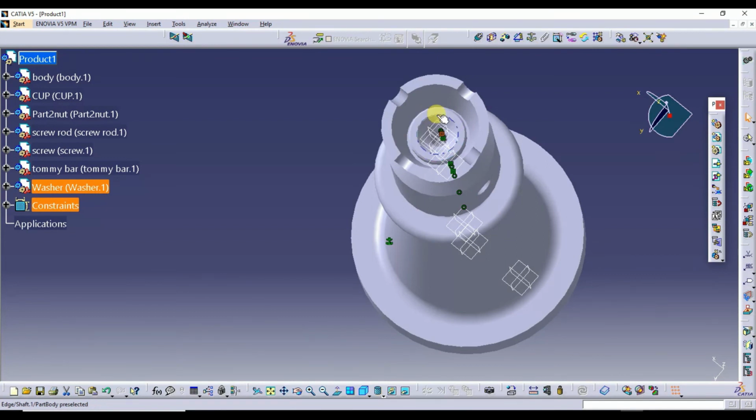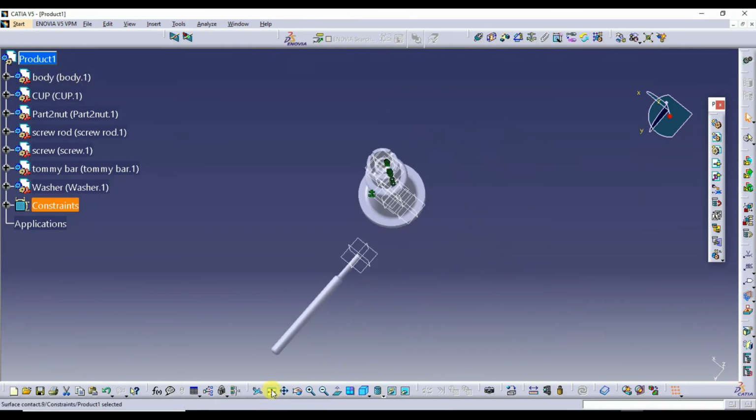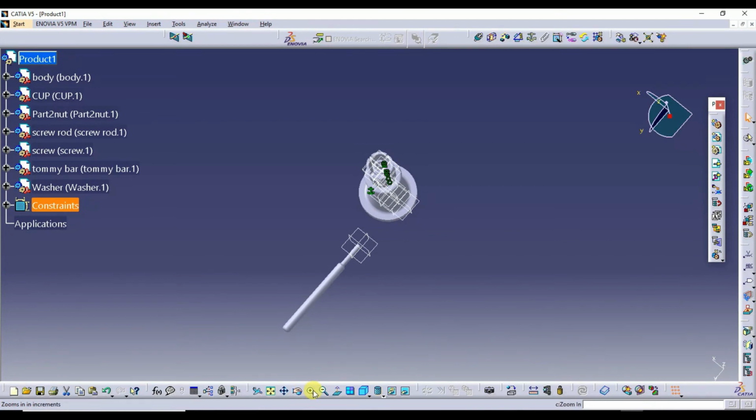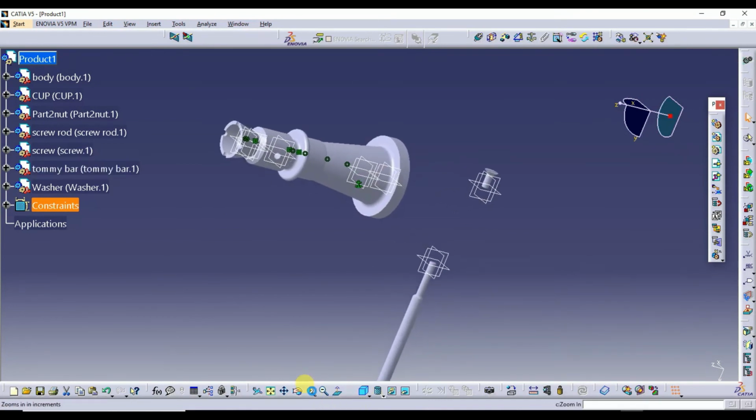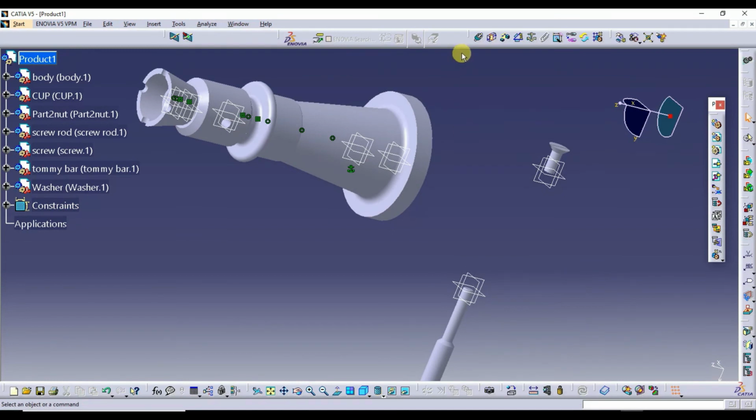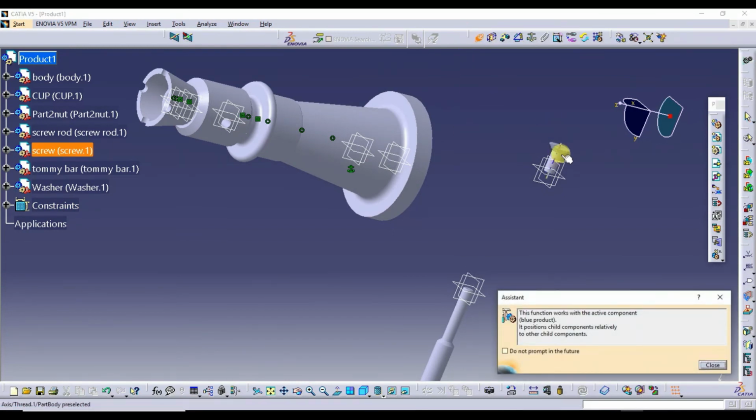Next, I need to tighten this cup with the help of the screw here. This is our screw. Just I'll select again the coincide constraint.